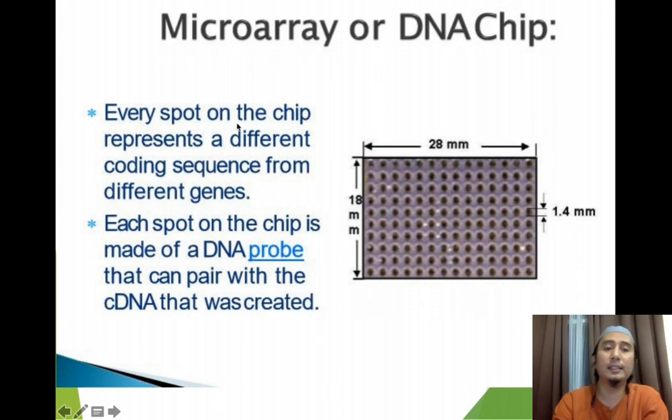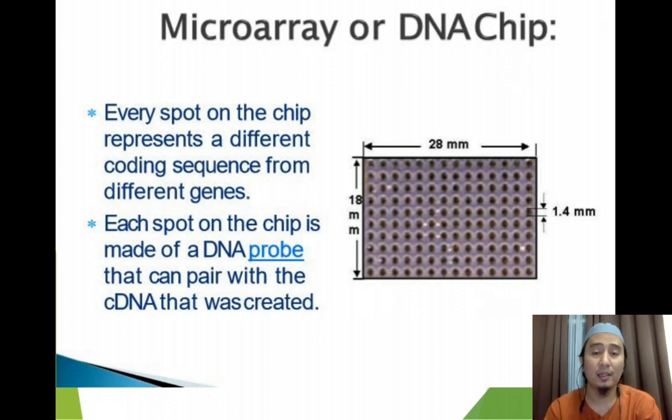Every spot on the chip represents a different coding sequence from a different gene. This means that in a DNA microarray, you can run 1,000 different genes in one experiment. Each spot on the chip is made of a DNA probe that can pair with the cDNA